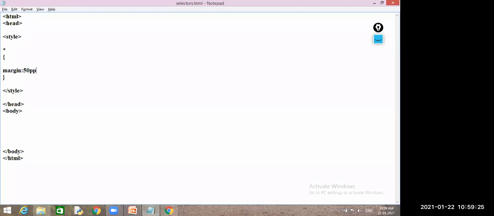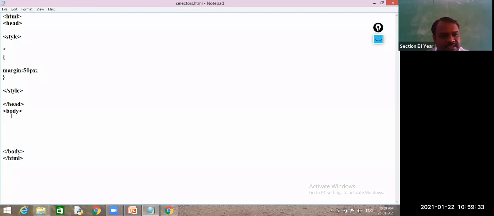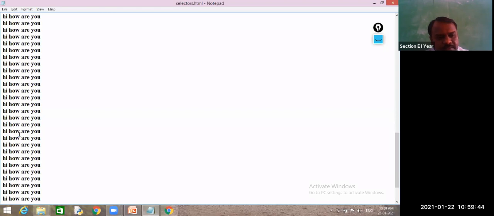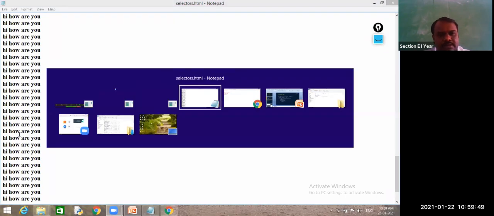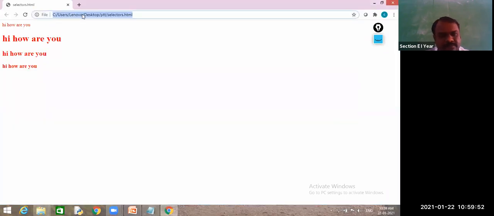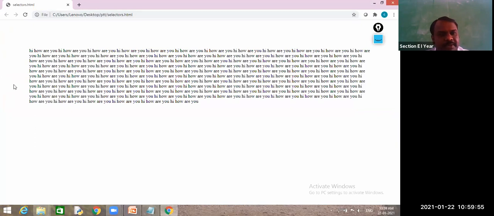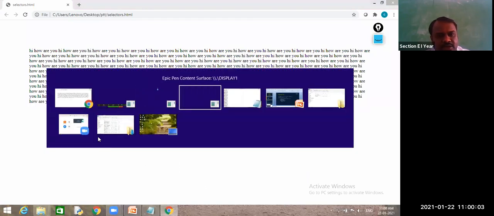You write some data here, and we'll check. This universal property will apply. This is the way 50 pixel, 50 pixel, 50 pixel will apply. And if you want to see whether it is applied properly or not,